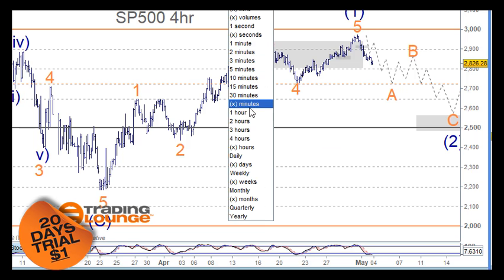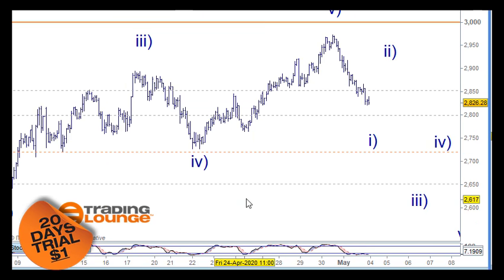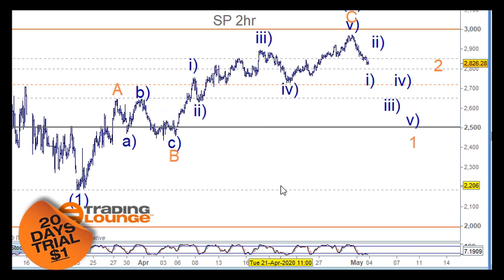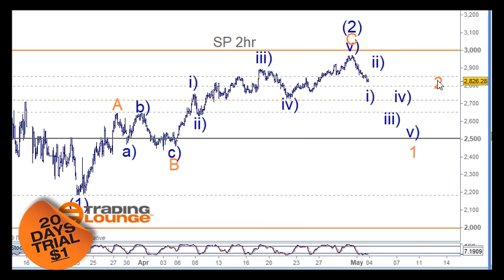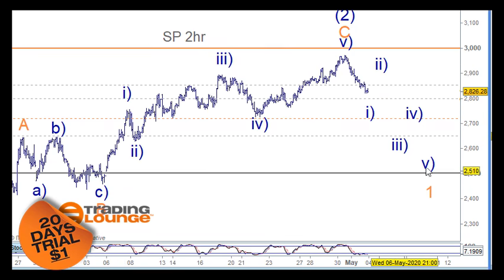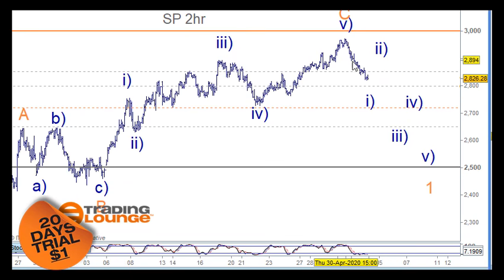So in that case we would be looking at the rally to the upside in terms of an A and a B wave to here, a B wave to here, and then 1 and 2 and 3 and 4 and 5 for a wave 2 up here. So that's all possible. And in this case here, we want to see 5 waves down to the 61.8% mark, which is the 2,500. So really what we want to do in both cases here, we currently short in here somewhere,